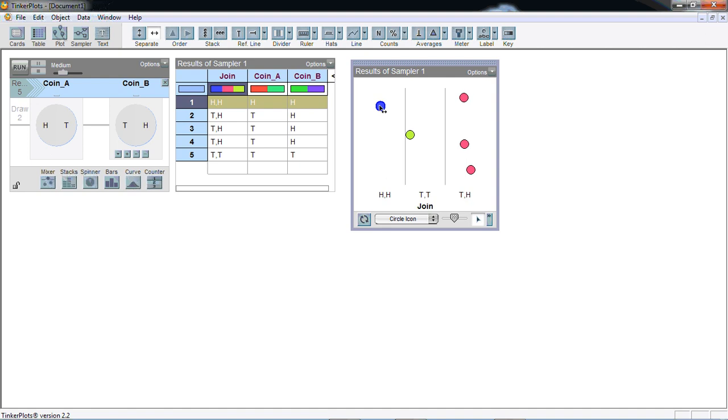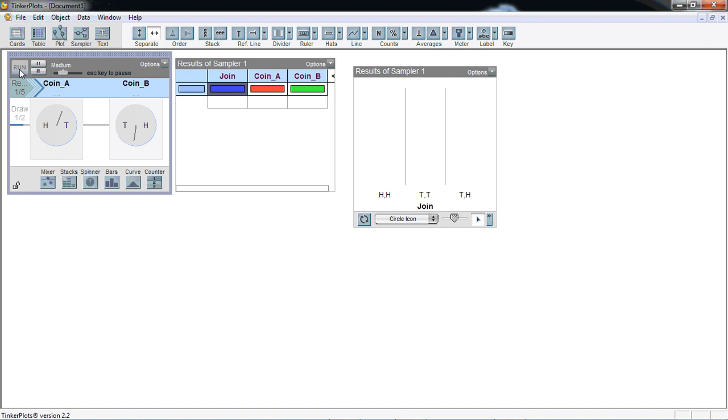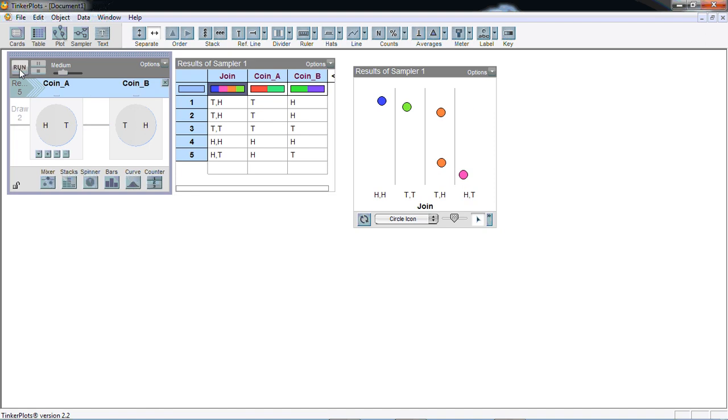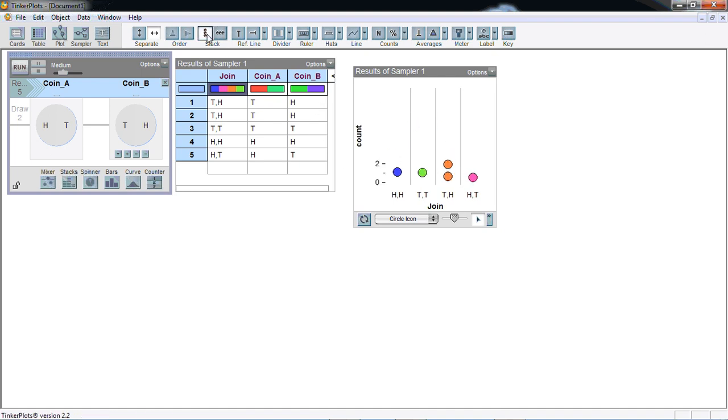And so I've got heads, heads, tails, tails, and tails, heads. What's missing here is a combination of heads, tails. So let's run the simulation one more time. And now I've got also heads, tails, and tails, heads. If I stack this nicely,